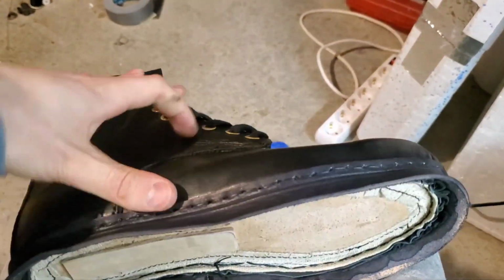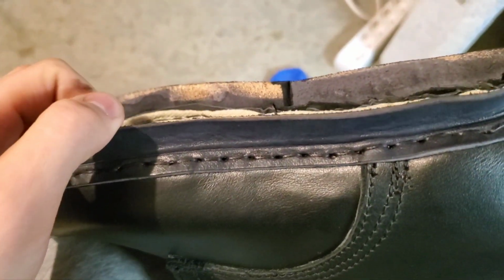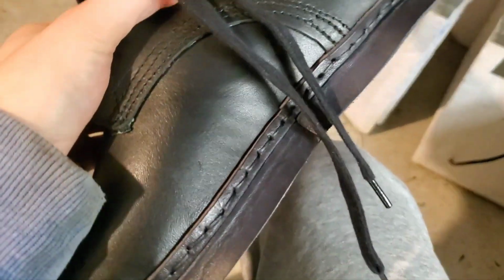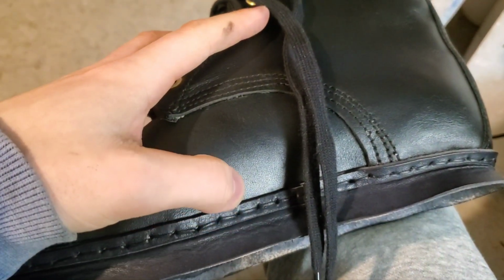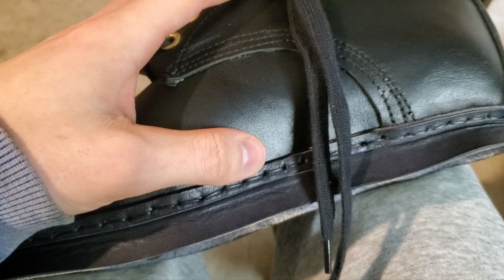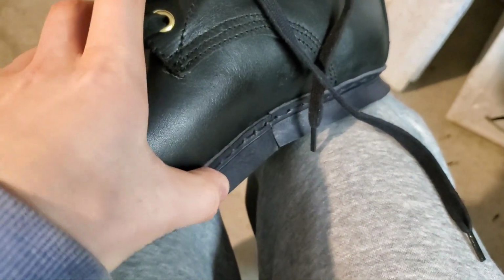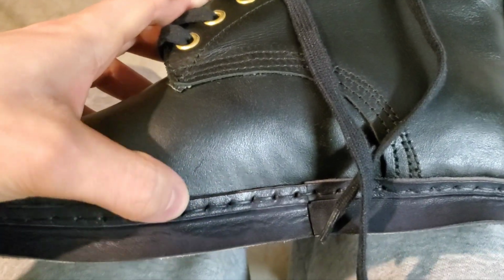So I just got the welts sewn on here. They are 3 millimeter thick wedge tan leather, and it's going to be a storm welt. So both seams are going to be exposed. This one that shows the upper to the welt, and the stitch that shows the welt to the midsole, they are going to be exposed. So I had black thread for this and this silver thread